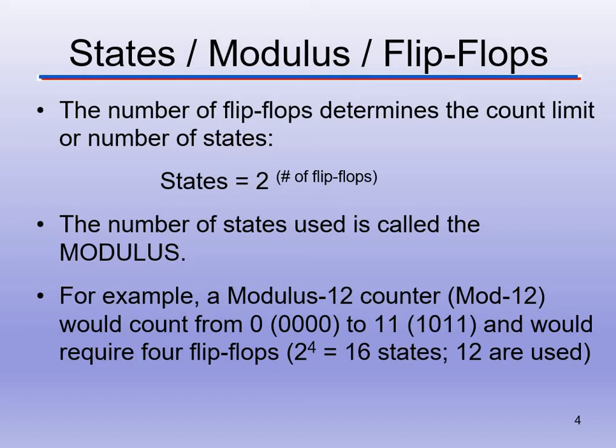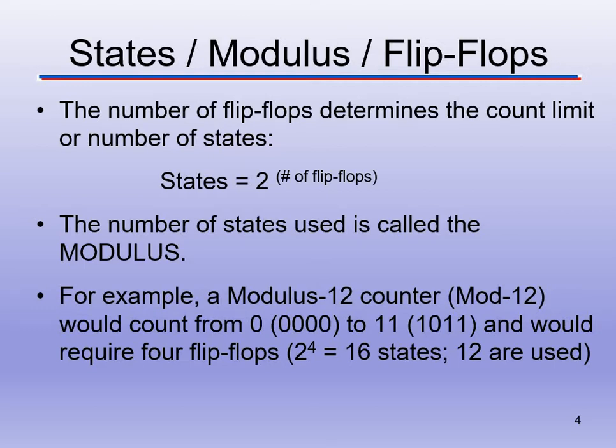So if we take a look at this example here, we have a mod 12 counter. Okay, so that means that we're going to go from 0000 to 1011. So we're going to go from 0 to 11, right? Because that's counting 12 digits. So in order for us to do that, if we use 2 to the 3, that's what? Only going to get us a count from 0 to 7. So we have to use 2 to the 4 so we